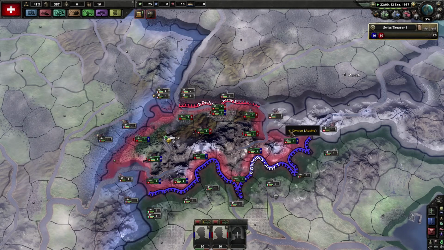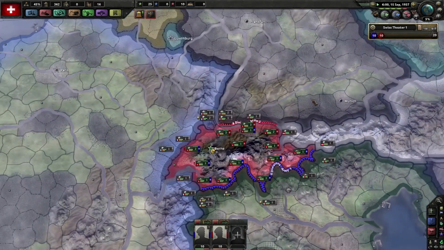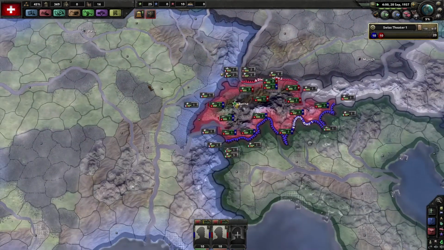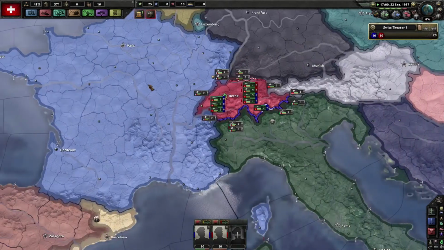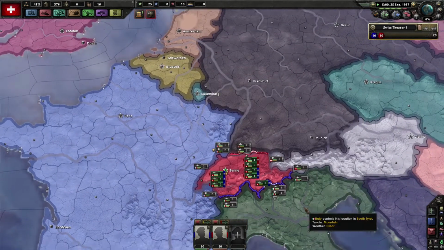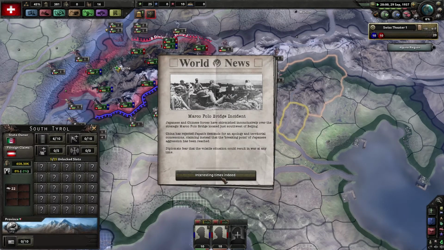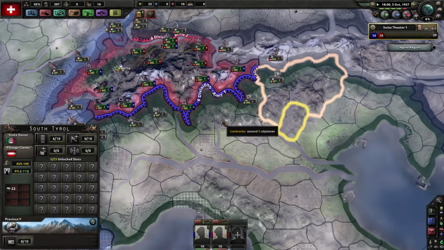I really want the canton of the Tyrol thingy, but I think Germany is going to do Anschluss before I get there. I guess, unfortunately, because that's one of the things they will do rather soon-ish. Well, I think actually that's the South Tyrol. Yeah, that's actually from Italy. Never mind then. Marco Polo Bridge incident